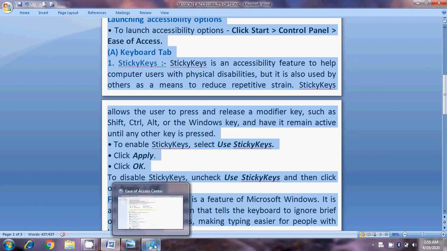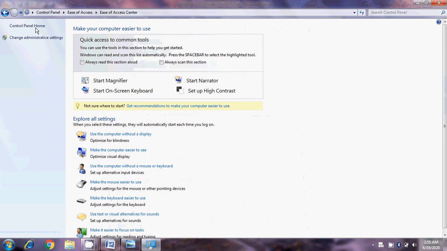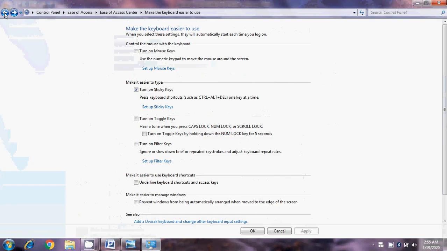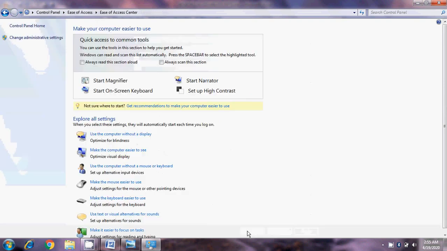Now go to Control Panel. Now uncheck turn on sticky keys, then click on apply. Now click on OK. And this way you disable sticky keys.